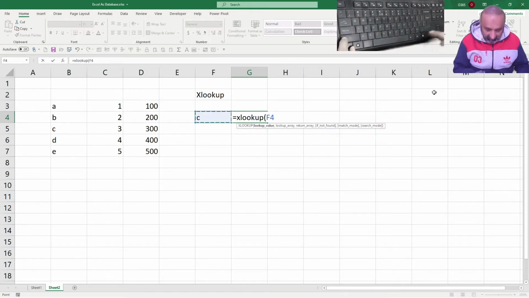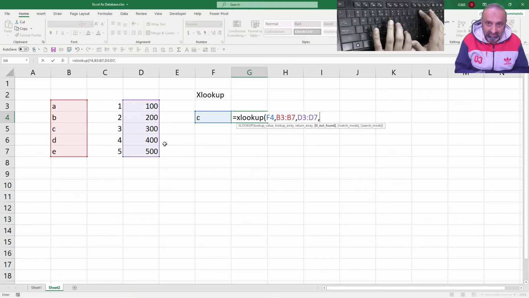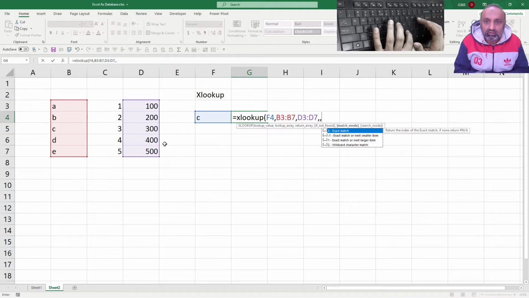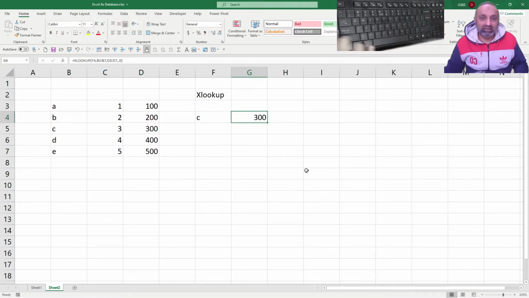I want to search C in this column, and I want to get the result from this column. Okay, and I want the exact match. This is good enough: not found, match, exact match, and that's it. So the answer is 300.